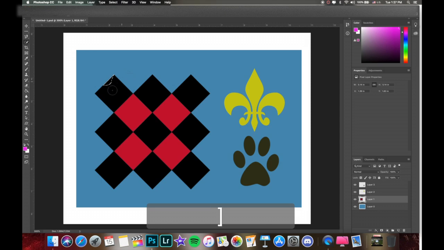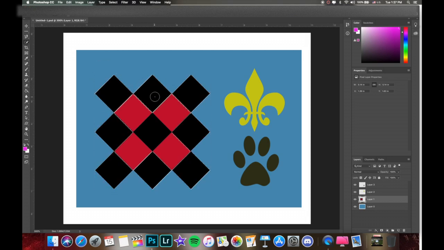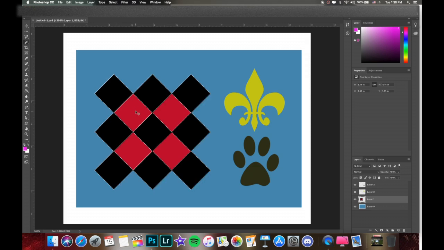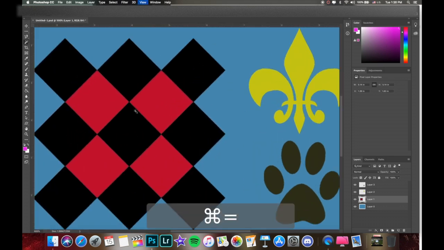But again, with the quick selection tool, Photoshop is going to guess the selections that you're trying to make, and it does a pretty good job, but you can set certain parameters for that as well. And again, we'll go further into that at a later time. But then Magic Wand will do the same thing. If I click, for example, here, Photoshop is guessing that I want to select that